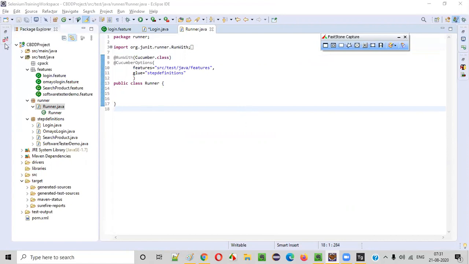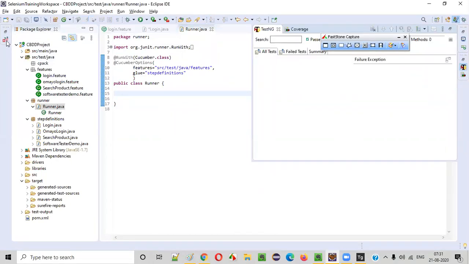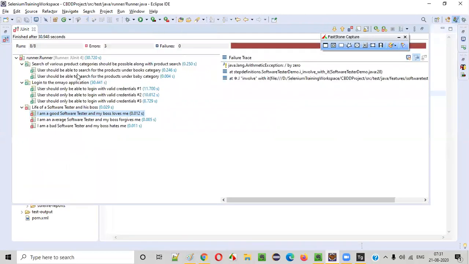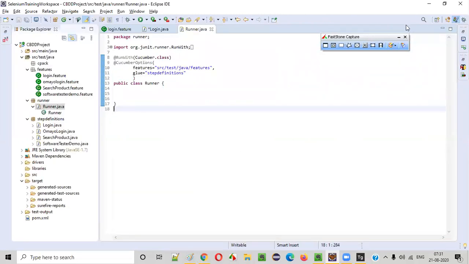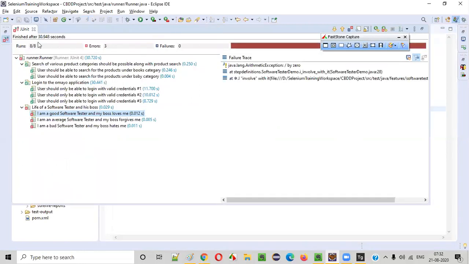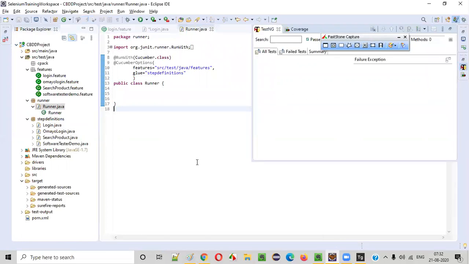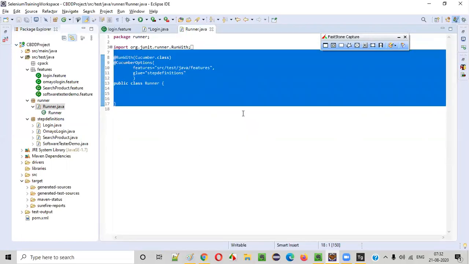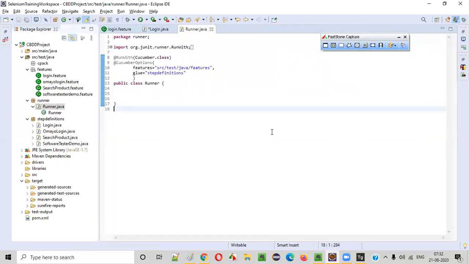We are using JUnit. And are we getting TestNG results or JUnit results? Where we are seeing the execution has been successfully done, in the JUnit tab or TestNG tab? When I am running this runner class using JUnit, I am getting the results under the JUnit tab. These are JUnit results, and these are TestNG results. When I run with JUnit, where am I getting the results, guys? Yes, only JUnit I am getting. TestNG I am not getting.